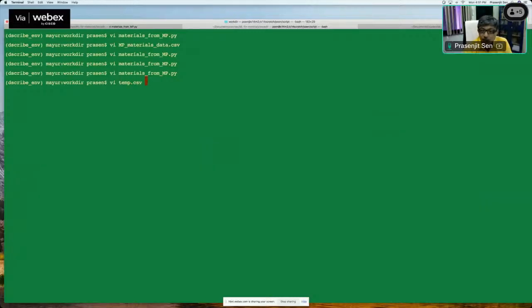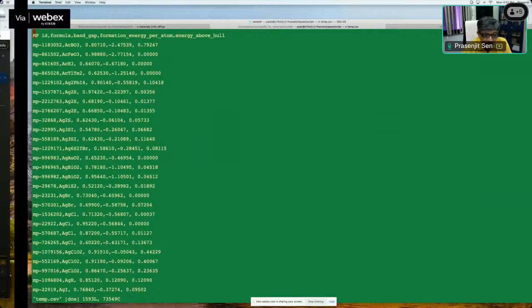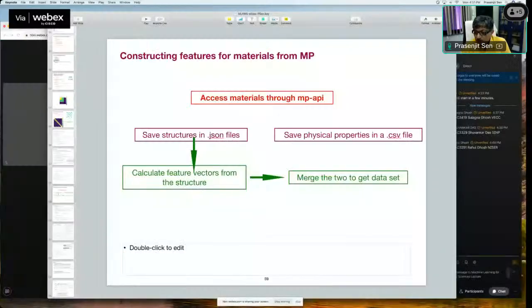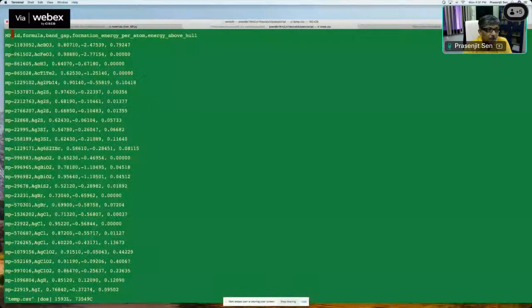So here is my temp.csv file. I'll just move away from the screen for a second, just to see that there are no questions or anything. Okay. So you see these are the headers I wrote: MPID, formula, band gap, formation energy per atom,